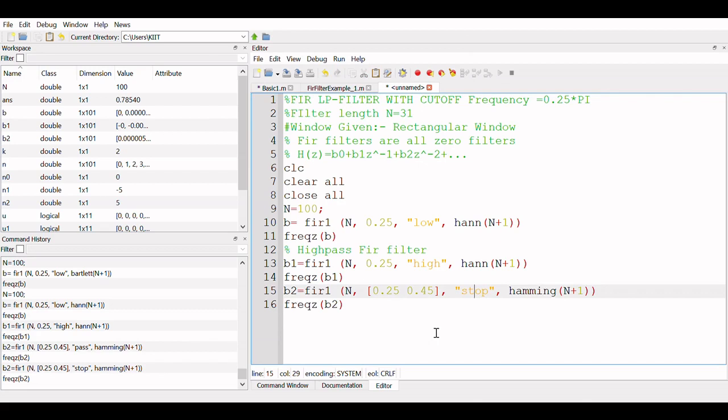So there are 4 key arguments for each filter. Suppose it is a low pass filter, the key argument will be low. Now if it is high pass, the key argument will be high. Everything is small letters, okay, high.